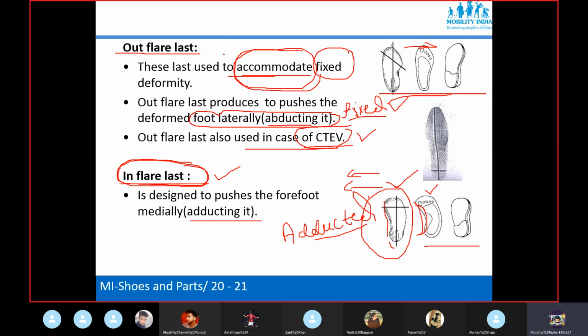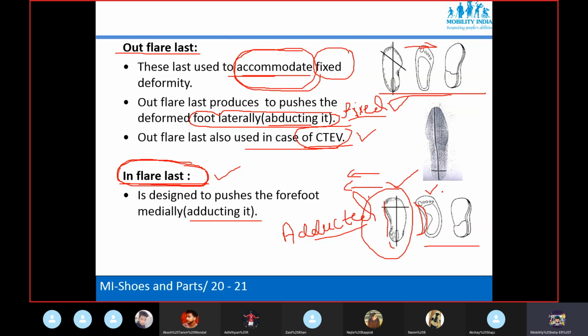Out flare means you need to take the foot outward. Even if the foot is abducted and fixed, you can accommodate. In flare shoe last means if the foot is adducted, you can accommodate by having a similar type of shoe last, which means you need to make a customized shoe last to design the shoe.